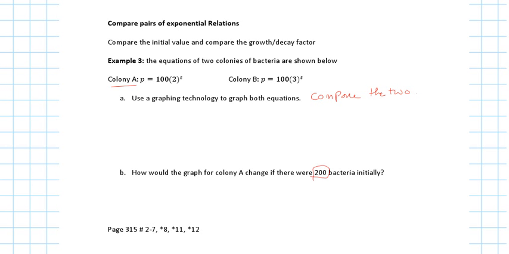So you're going to compare, the equation would become y equals 200 times 2 to the power of t, right? You're going to compare that equation to the equation in this question. Start with the first question though and answer